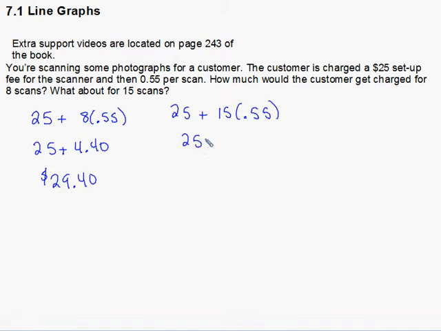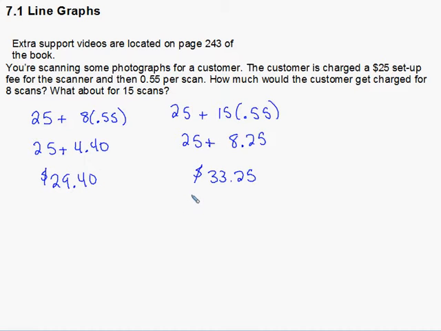And then if we're doing 15 scans, we'd have the 25 plus 15 times 0.55, which is $8.25, giving us $33.25. And then if we wanted to find 100 scans or 200 scans, we could do the same process, but